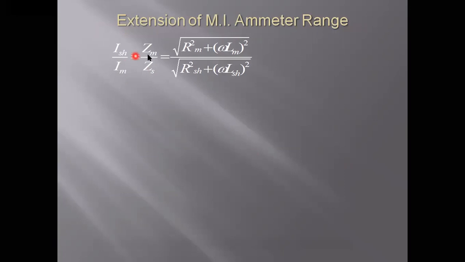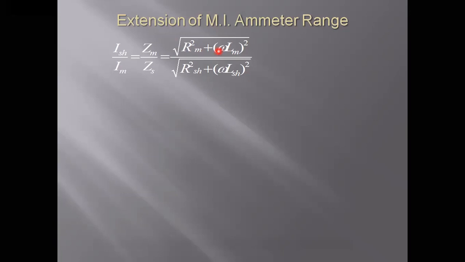Z is equal to the root of resistance squared plus reactance squared. Here we have an inductor, so Zm is the root of Rm squared plus